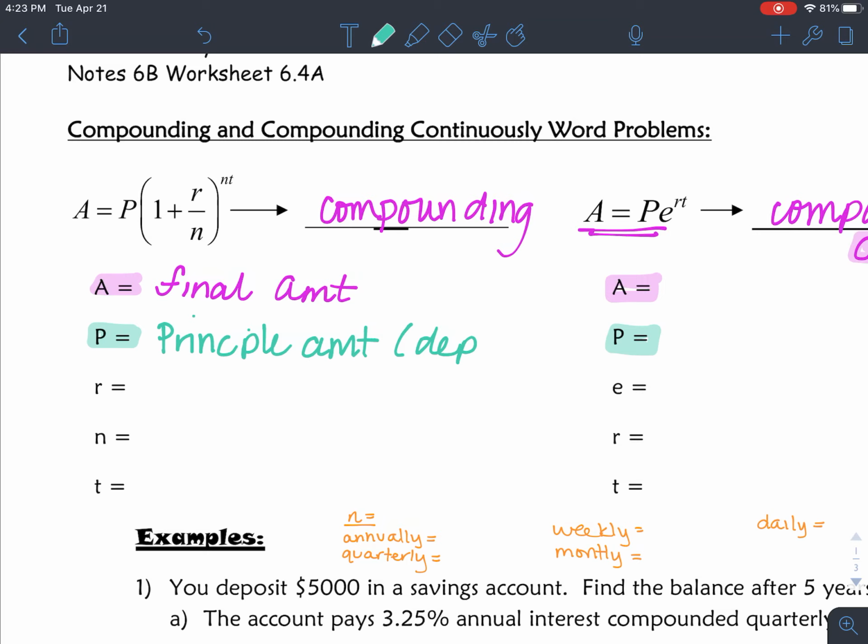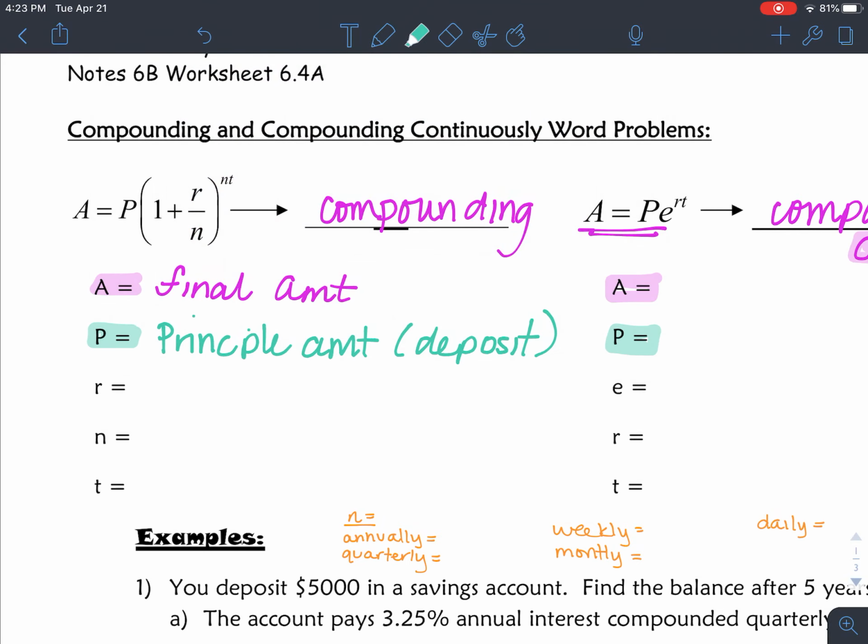If we are decreasing, it decreases, or how much you put in your bank account and then it increases. Anyway, R,